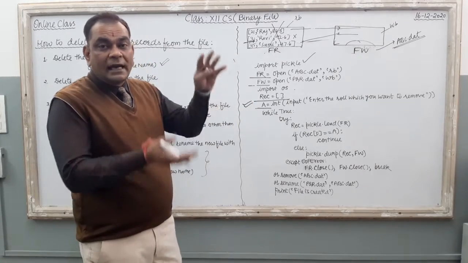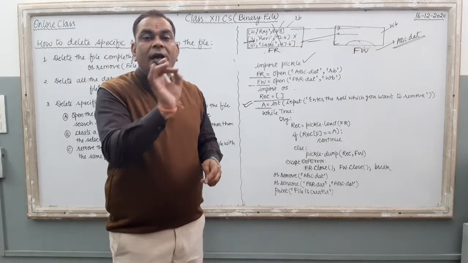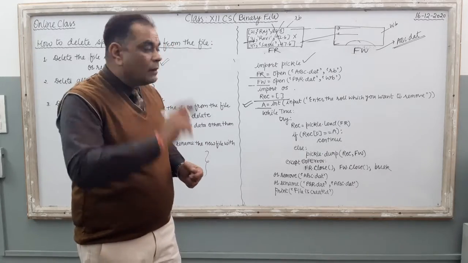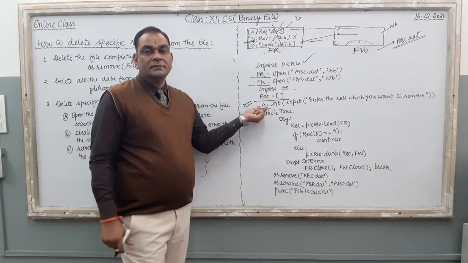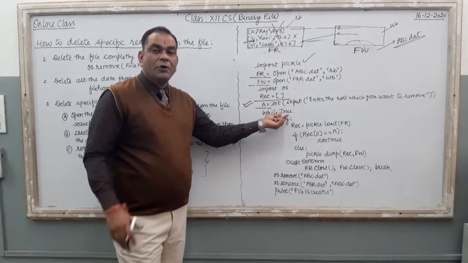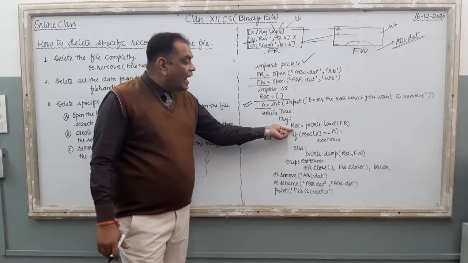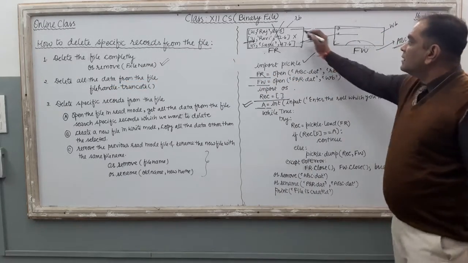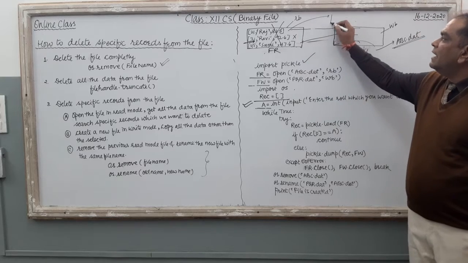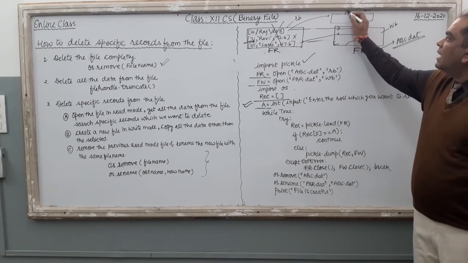User आपको बताएगा इस फाइल में रोल नंबर 50 का रिकॉर्ड डिलीट करो. So the roll number 50, it is there in the variable a, right? Now while true, you are going to read the file. Try rec equal to pickle.load fr, means the very first record of the file, it is available in the rec